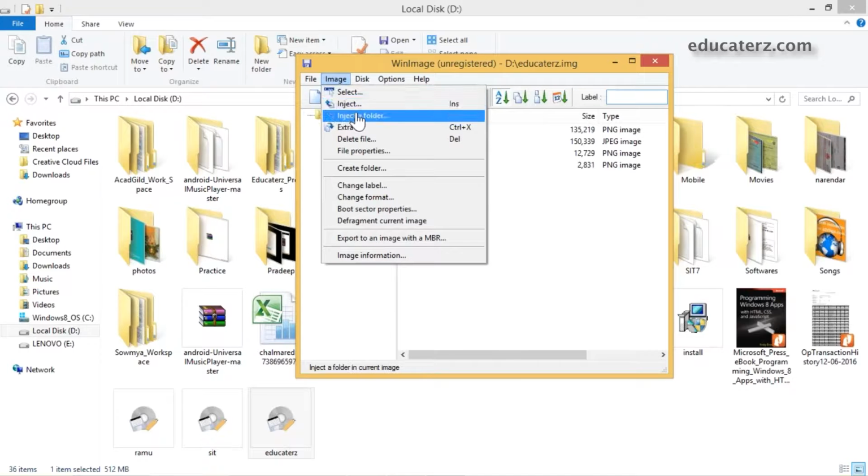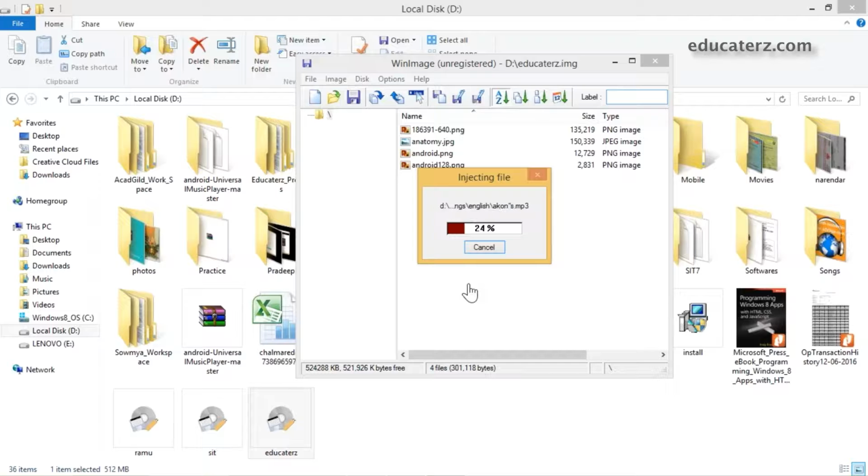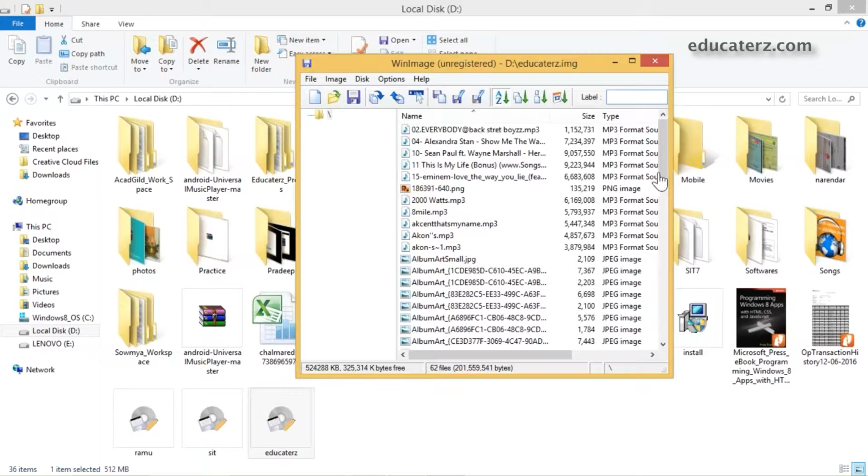Now I want to inject a folder directly. So for that, go to this. Open your music. You may get something else, but I'll find my own choice of songs. I don't know where my songs have been placed. Let me try. Yeah, songs. I'll give a try with the songs folder, English. Let me take the entire part, but I don't know how much size it is going to be. Obviously, it may be larger than 512 MB. So let us see. It is inserting, all the songs have been inserted over here.